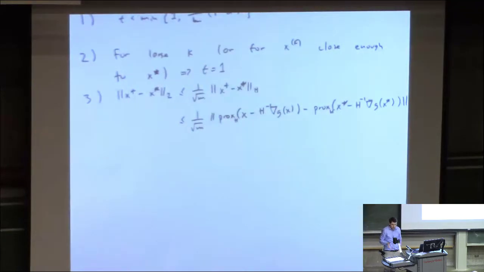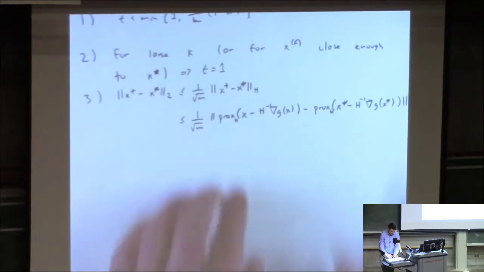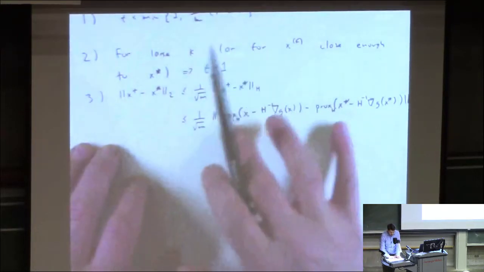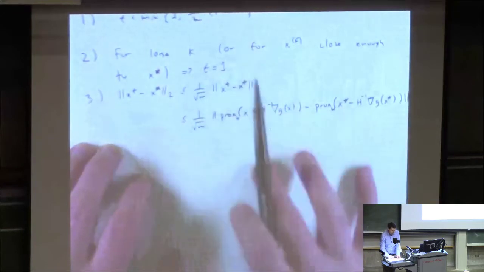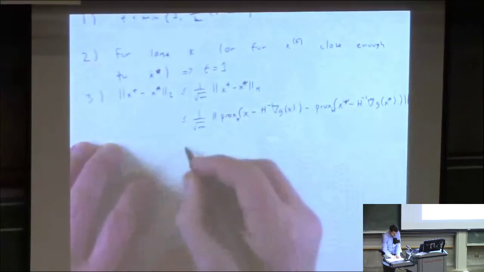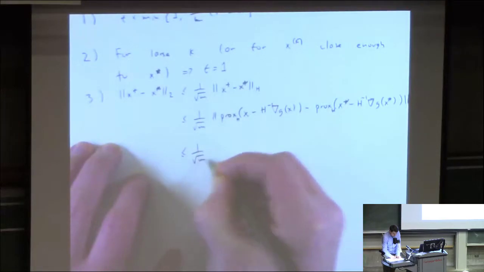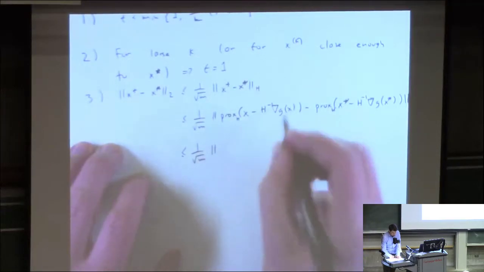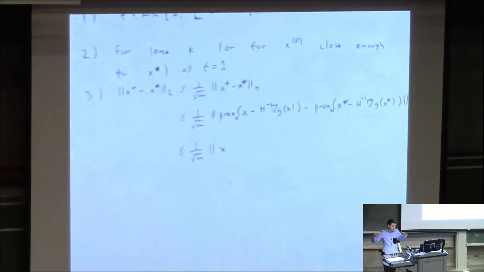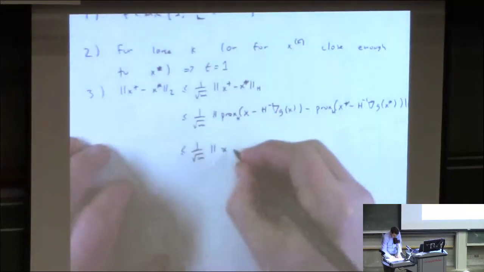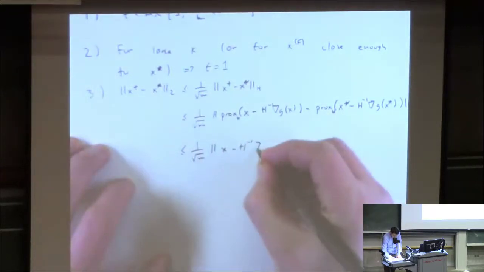Next, use the fact that the prox operator is what's called non-expansive in this H norm. I won't prove that, but I think that was shown for the normal prox operator before. So what that says is if I have the prox H applied to something evaluated in the H norm, I can remove the prox terms here. So this is also less than or equal to 1 over root m times just this thing removing the prox operator. The prox will only contract the difference in this H norm of